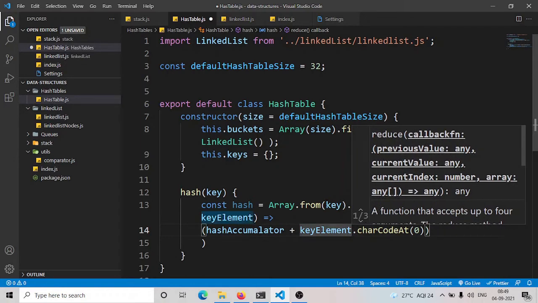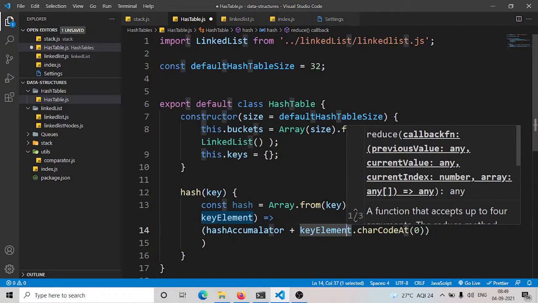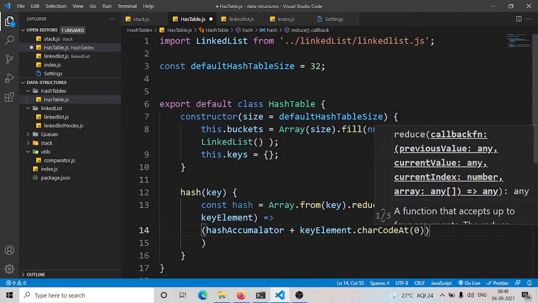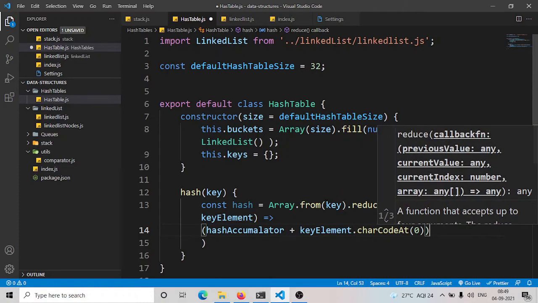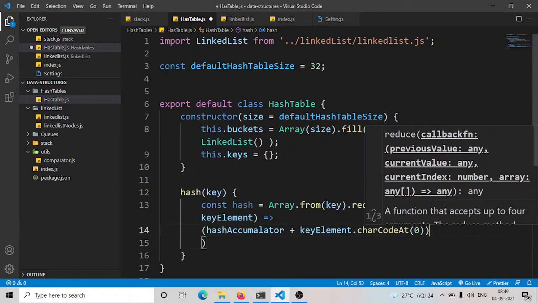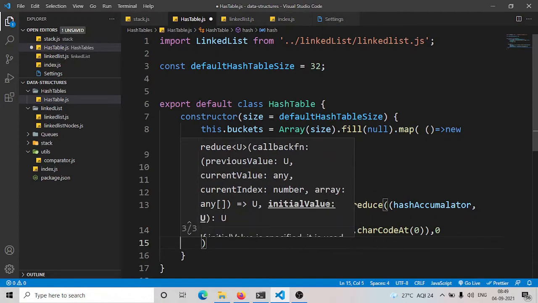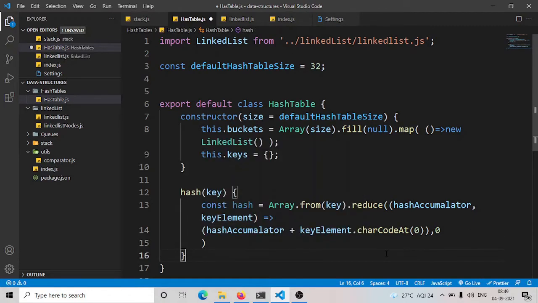It means if you are passing abc, then in the first loop we are going to get a, and a dot charCodeAt would be returning their ASCII code. Okay, and what I have to do is pass the 0 as a, so we can get the